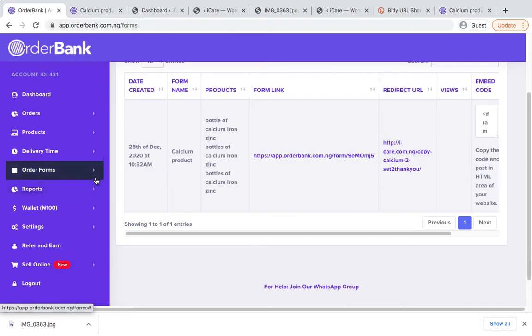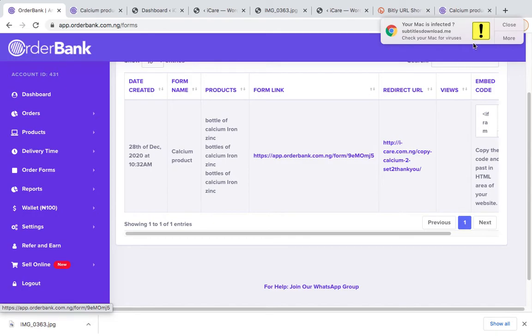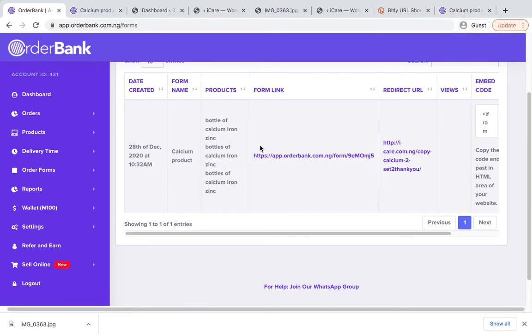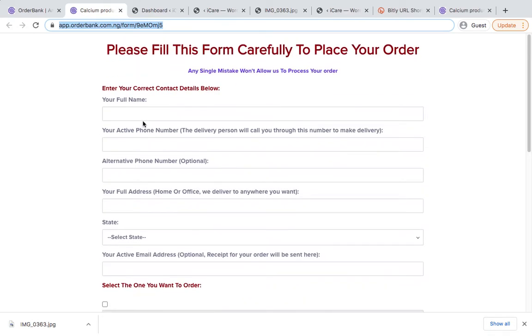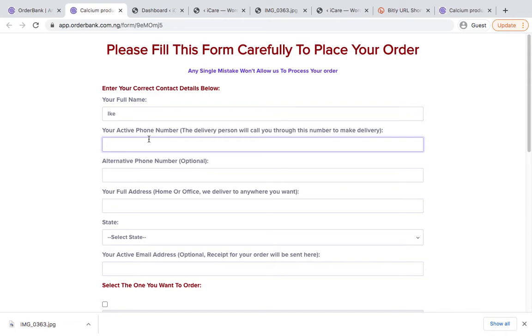So now let's test how you receive the input by your customers. So when your customers fill this form, how is it going to look like before we proceed with the report, wallet and the remaining parts? Let's test it now. So let's assume my name is Ike Chuku. Ike, okay, let's call it K, and let me use my main MTN number